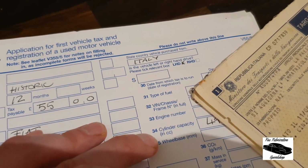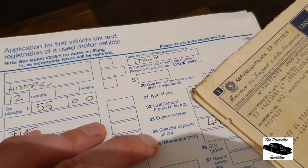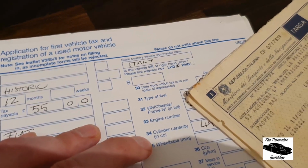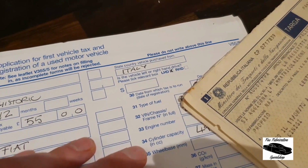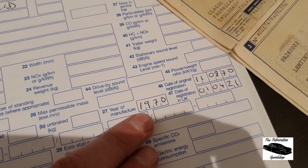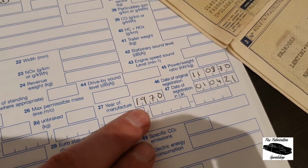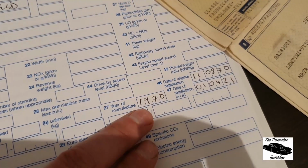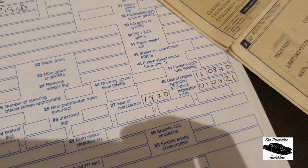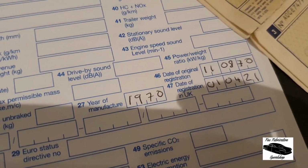So in this particular case, it's a Fiat, it's 499cc. Put 499cc down instead of 500cc, don't round it up. Again, here, date of original registration, year of manufacture, and the date that you want it registered in the UK. These are important. This year of manufacture, this date of original registration, this is why, as I'll show you in